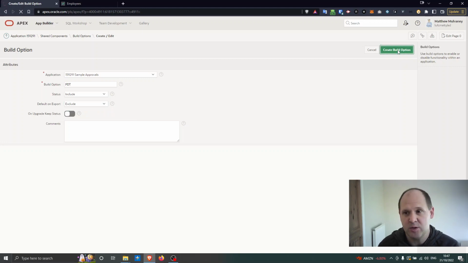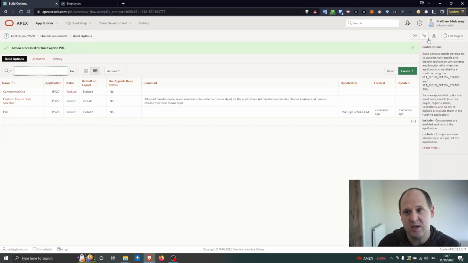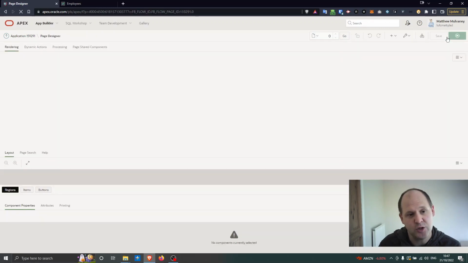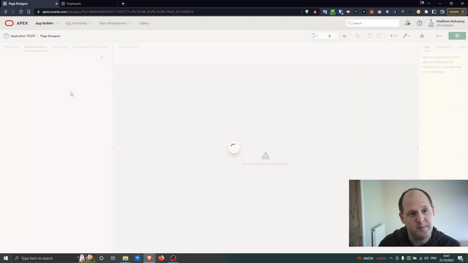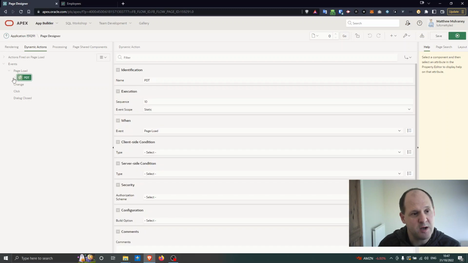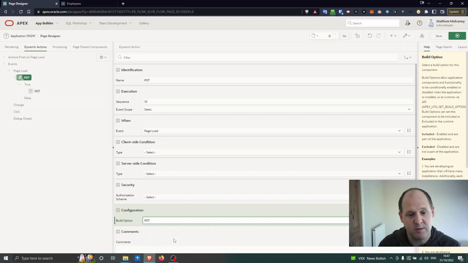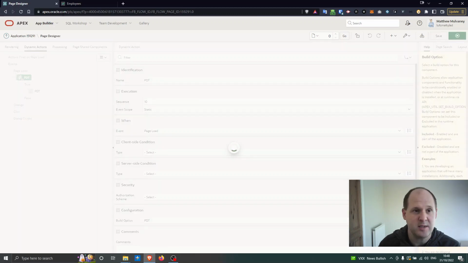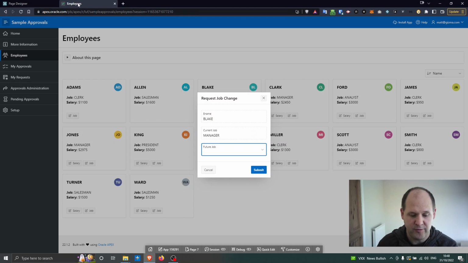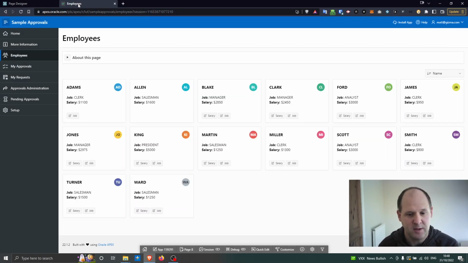So if I create the build option there, I'll just attach the dynamic action to the build option. So what you need to do is, the event here, the PDT one, I want to associate with the build option PDT, and that's it. So I'm going to refresh the whole page now. I've just pushed F5 on my keyboard,